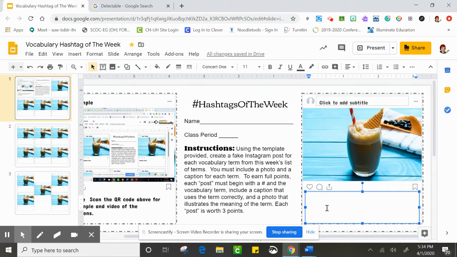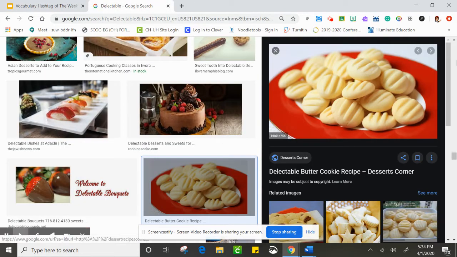Like I said, my first word that we're going to be pretending we're defining is delectable. All right. Now, for some students, you may be asked to provide a definition of delectable and then a sentence. Other students may just be asked to provide a sentence that you're using the word properly in. But either way, the idea is that you're following this by the hashtag with the vocabulary term or beginning it with it. So I'm going to say hashtag delectable,